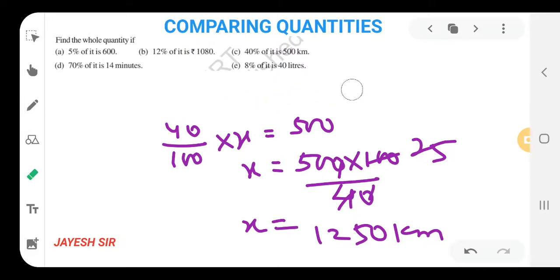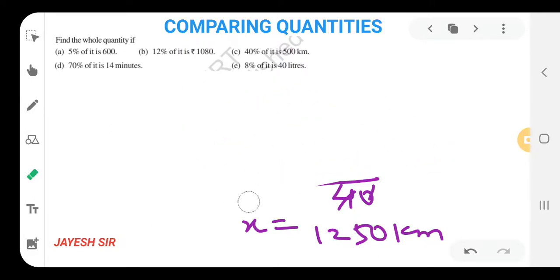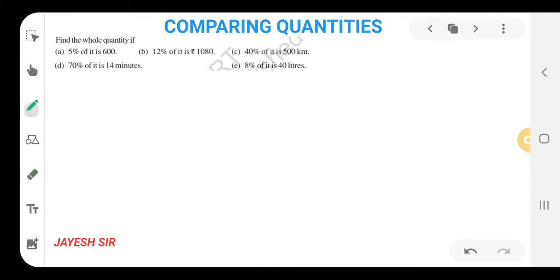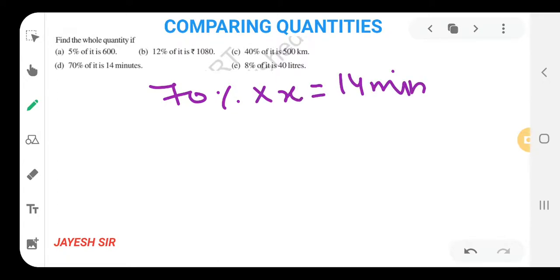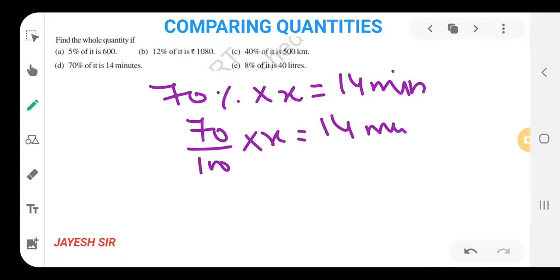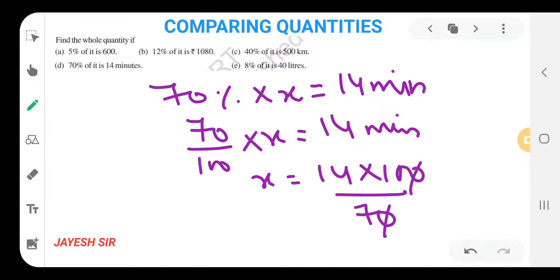Let us begin with the D type. Sum number D, that is the fourth sum of similar type. 70% of it is 14 minutes. 70% of means multiplication, I have told you. So of means multiplication, x is 14 minutes, that is in terms of minutes. So 70 upon 100, to remove the percentage sign we are doing like this. That's why 14 minutes as it is. Now we are going to do 100 is in division, after going this side it will be in multiplication. 70 is in multiplication, after going this side it will be in division. Zero zero cancel, 7 ones are 7, 7 twos are 14. So x is equals to 20 minutes. That is our final answer. I hope you all might be getting it.